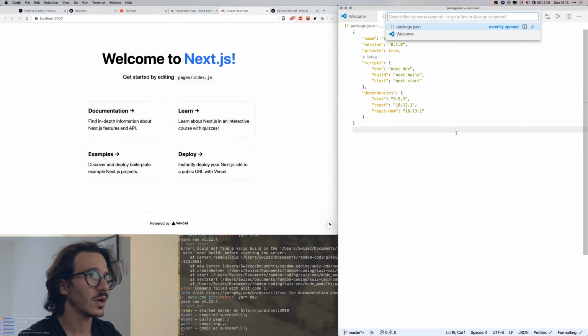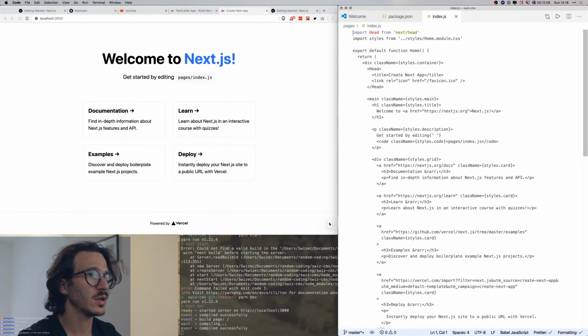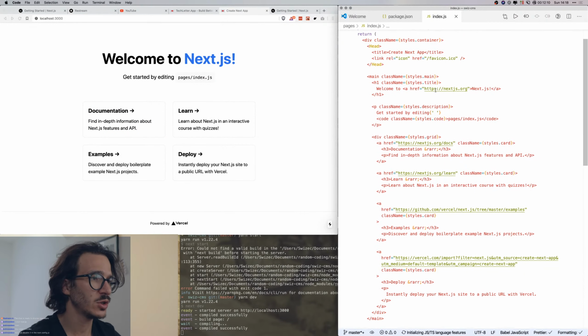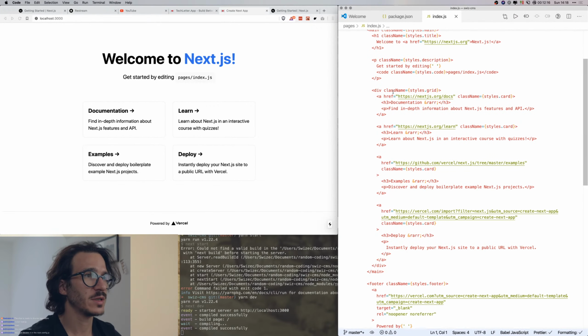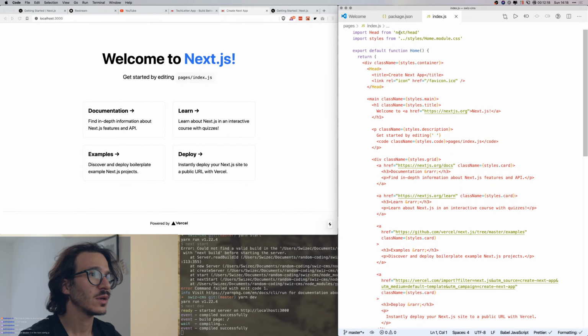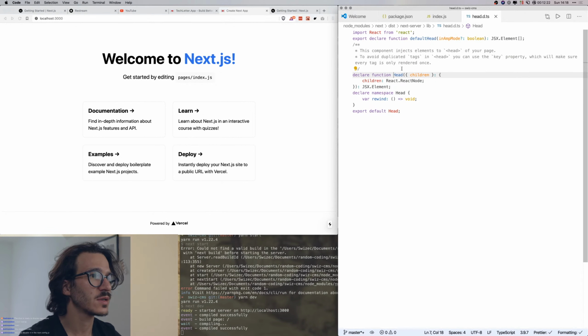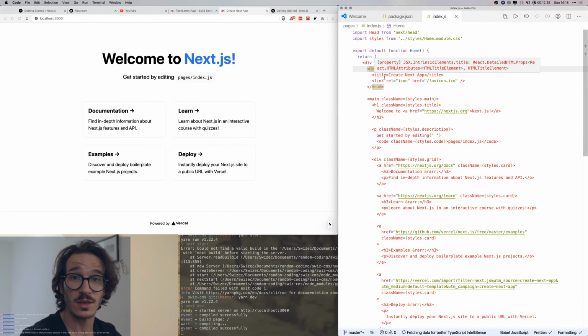All right. So I'm gonna go and open the index.js for a page. This looks cool. So this is the basic page setup. We got next/head. That's interesting. So I guess that's something similar that lets us set up